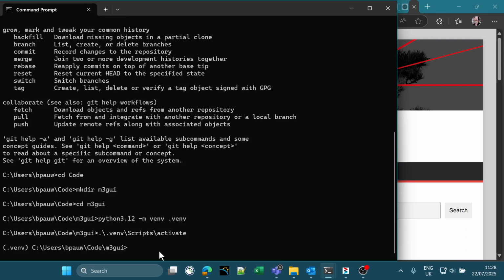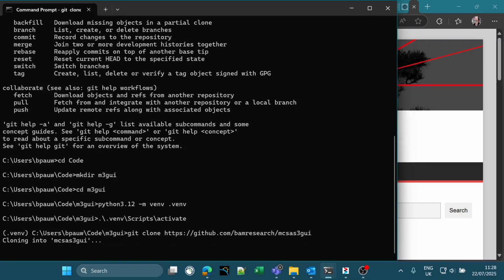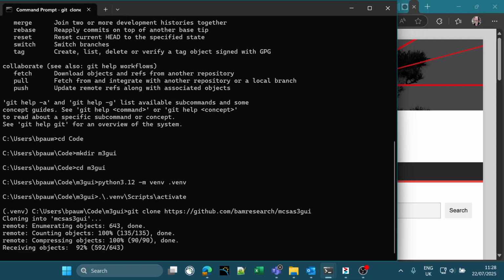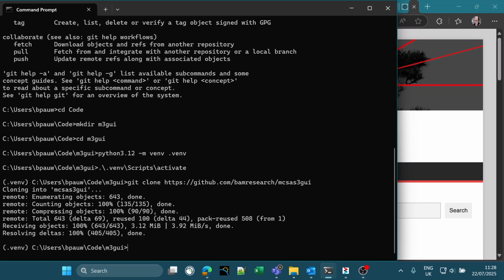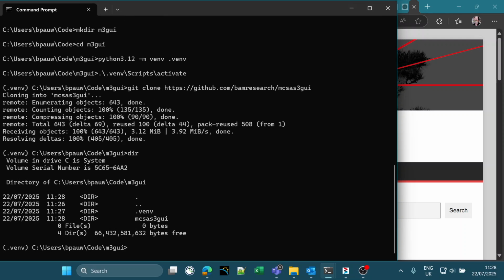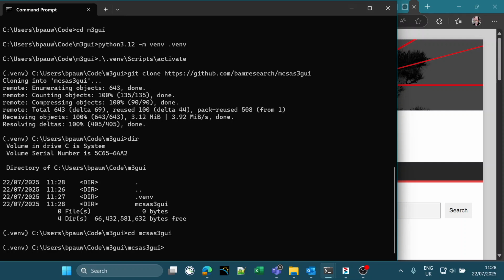So now we need to download and install McSAS3GUI. So we do that by first cloning the repository from github.com, by research and McSAS3GUI. That will download the repository and store it in the McSAS3GUI directory, as you can see over there. So we go to that directory, and then we can install the package in Python with all of its dependencies by typing pip